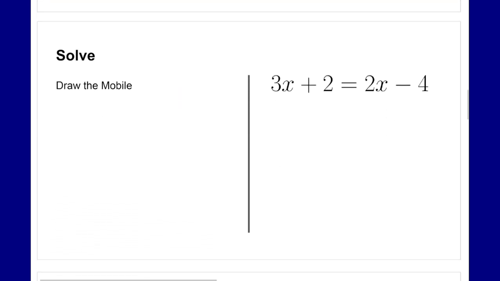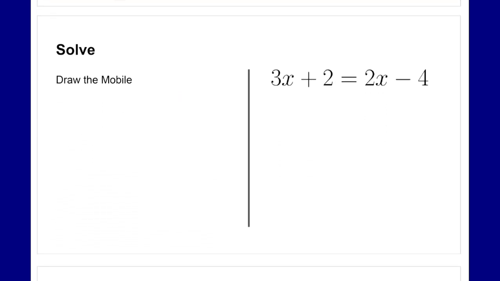So let's look at this one. This one's a little bit more challenging. 3x plus 2 equals 2x minus 4. So this over here is a multi-step equation. We have variables on both sides. Looking at it, it might be a little bit challenging. So